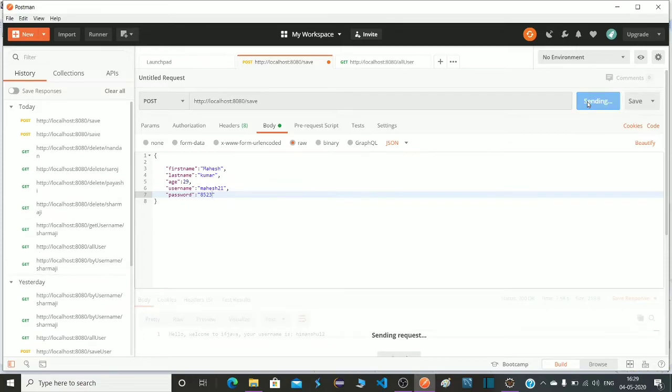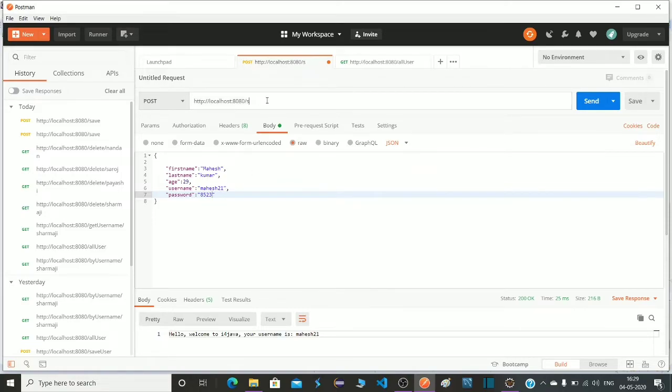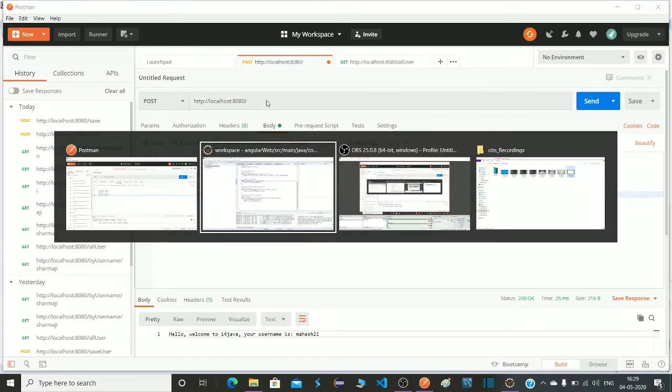Let's click on send. So here you can see username is given as a response. Okay, now check whether the second method is working or not.